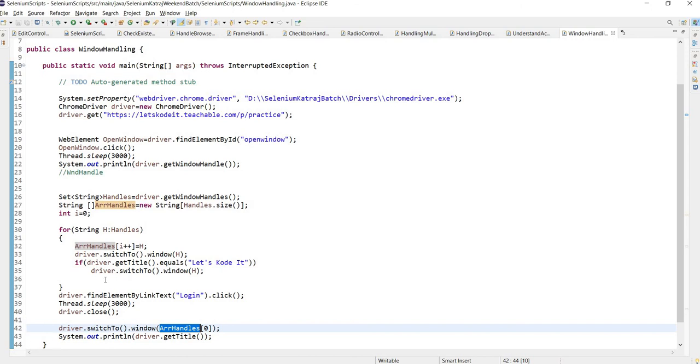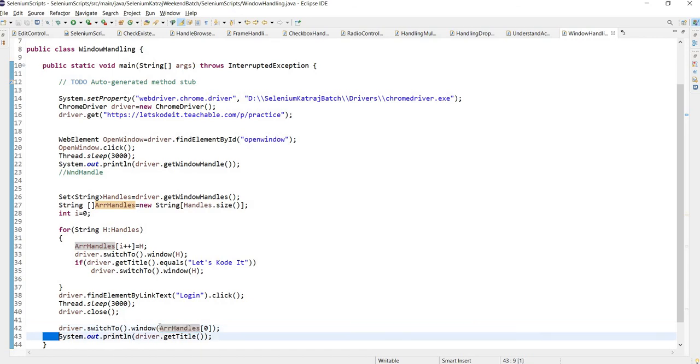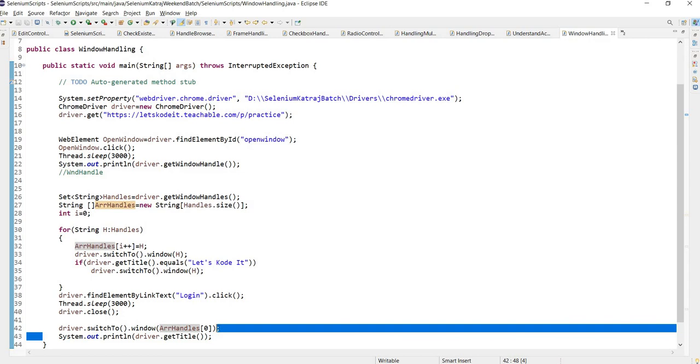And when you want to switch between the windows, you simply say array of the given index, with driver.switchTo().window. You retrieve the required handle from the array with the help of the index, and then the driver from this point on starts working on that required window, right?